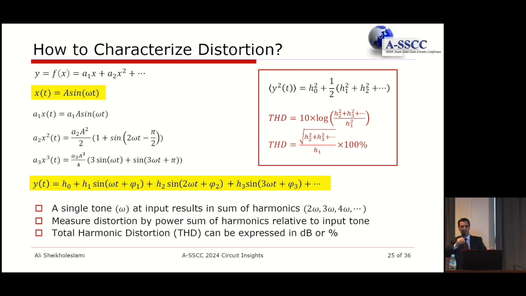It's very easy, because out of all these signals that I see at the output, my desired signal is this, right? Your desired signal has a frequency of omega, so you're only interested in sine of omega being amplified, but not seeing 2 omega or 3 omega. So again, we use the same concept. We measure the power of the desired signal, and we measure the power of distortions. The rest of those are called distortion terms: second order distortion, third order distortion. We add up all their powers, and we define the total harmonic distortion as the power of distortion divided by the power of the desired signal.